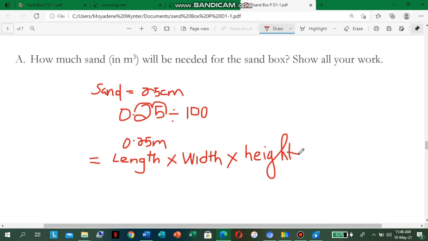Woo! All right, so it's length times width times height, cubic meter. So this is equal to, we know that the length is 8. I'm always checking the time. So I know that length is 8. The width is what? 6. And the height is what, class? The height would be